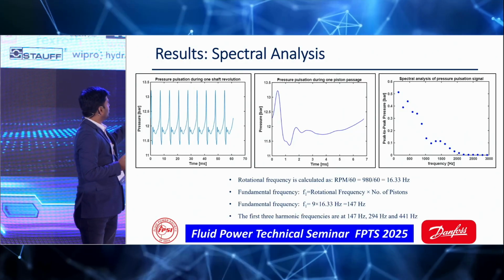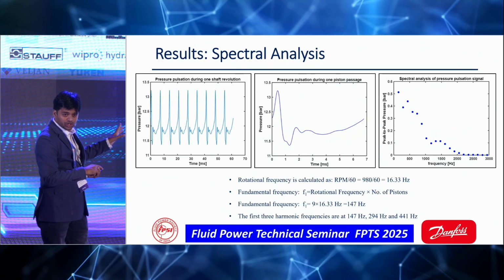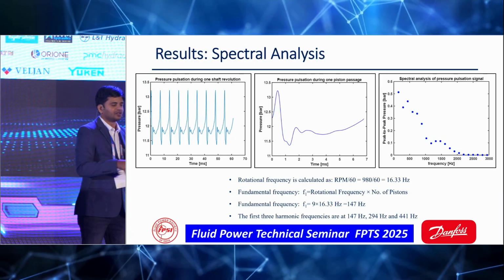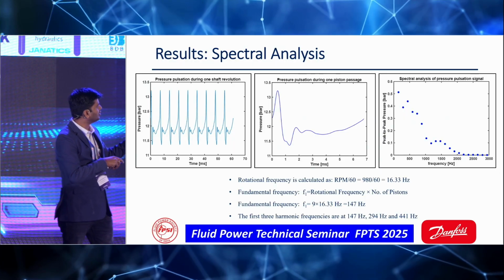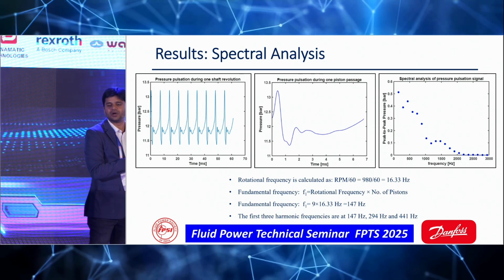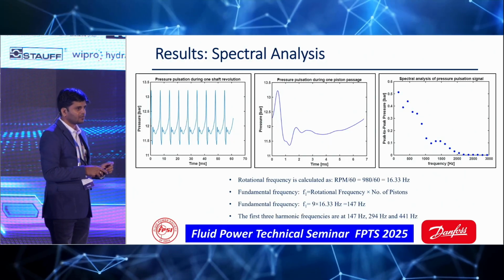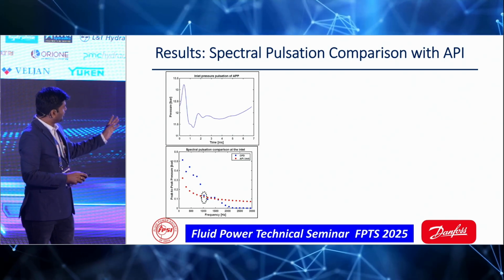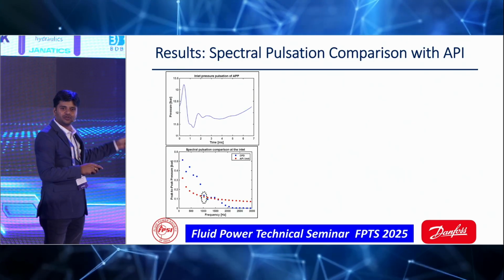You can see the first image here. This is one complete shaft revolution, and it is periodic, and you chop it into only one pocket of the piston. It is in the time domain, pressure versus time. Then you put it in a MATLAB code and do the fast Fourier transform, and get the peak-to-peak pressure and the frequency. Then at the inlet you have time, and if you discretize